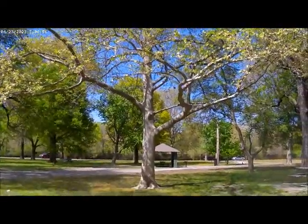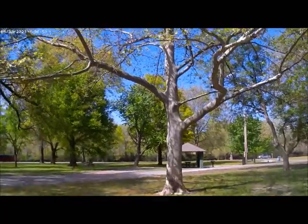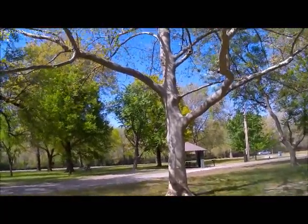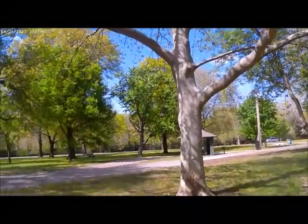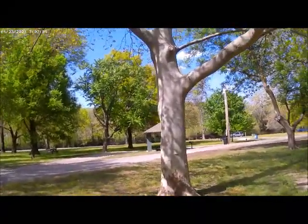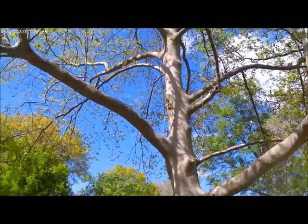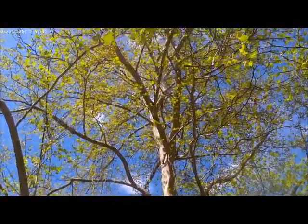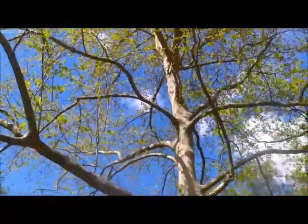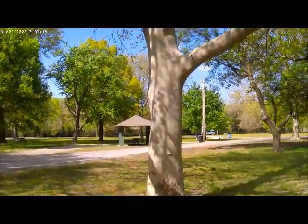Now this tree, the trunk is white. That's not normal. It's just they don't have no bark on it. Check that out. It must have a disease or something because